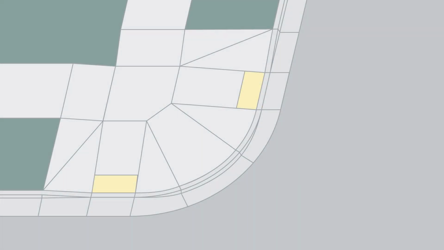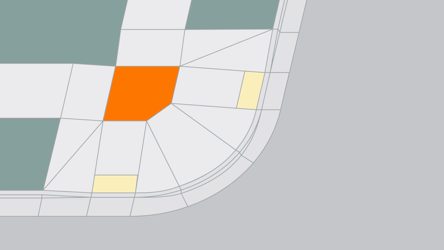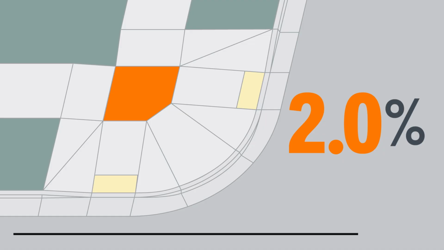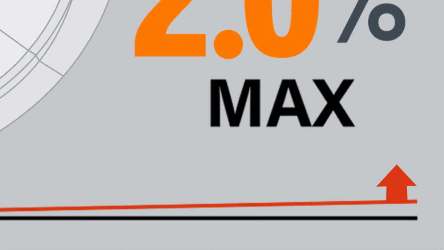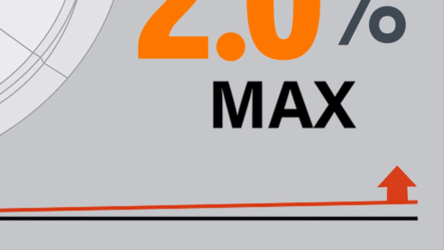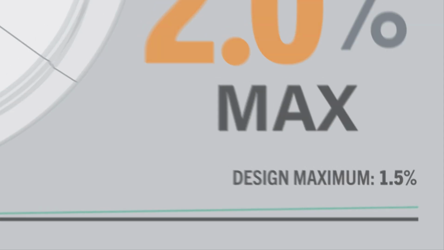In the first video, we talked about the 2 key parts of ramps, parts that go up and down, and parts that are level, where folks can rest without worrying about tipping or rolling into traffic. The 2% number is about these level parts. To be considered flat or level by ADA standards, that section of the ramp can't have a slope any greater than 2%. Anything above that won't pass ADA inspection. That's why all our ramp design maximums are 1.5%, so there's some construction tolerance.